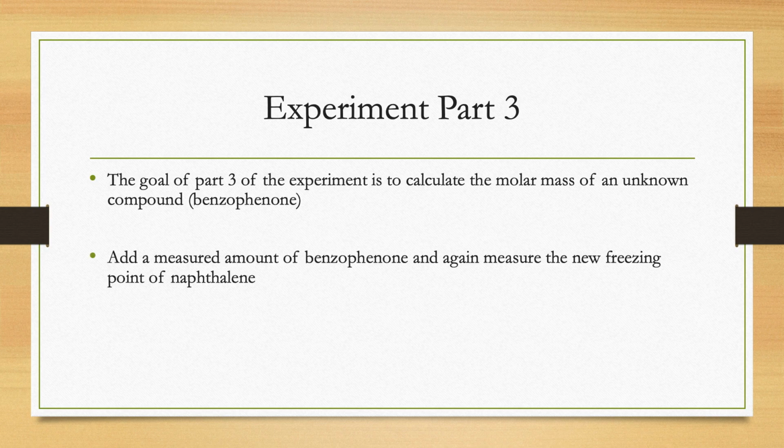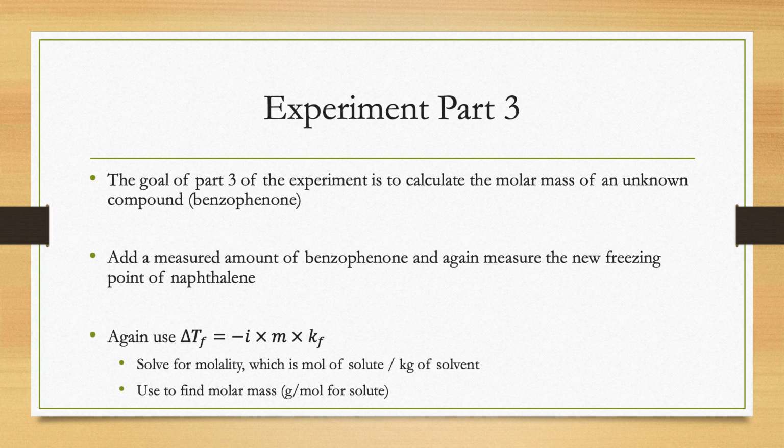And since we do know the identity of the compound here, it's going to be more for calculating how accurate we can get and seeing how close to the real molar mass of benzophenone we can get from our experiment. We're going to add a measured amount of benzophenone to the naphthalene. We're again going to go through the same steps to determine the freezing point of our new solution. And then again, we can use that same freezing point depression equation to go through and eventually find the molar